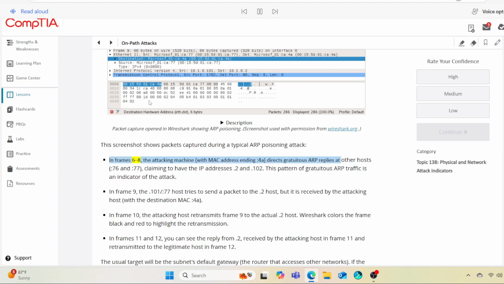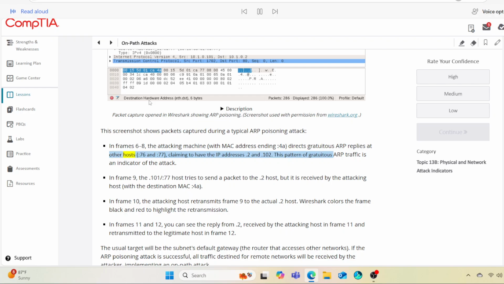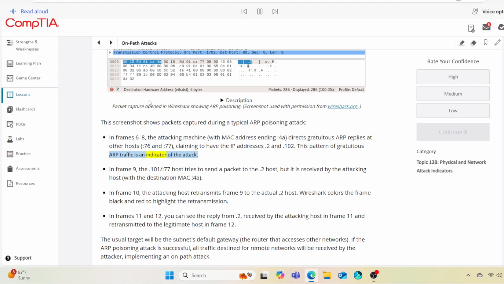In frames 6 to 8, the attacking machine, with MAC address ending 4A, directs gratuitous ARP replies at other hosts, .76 and .77, claiming to have the IP addresses .2 and .102. This pattern of gratuitous ARP traffic is an indicator of the attack. In frame 9, the